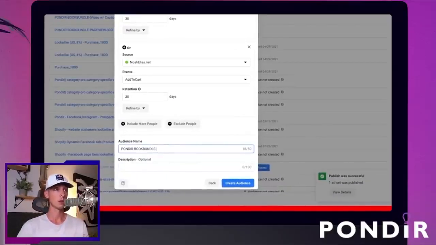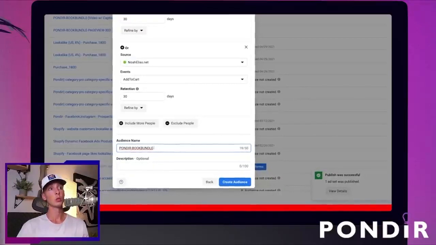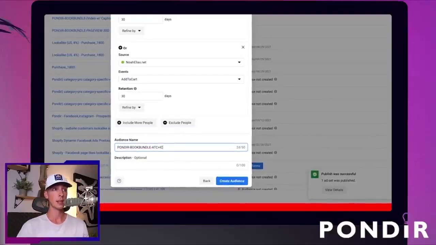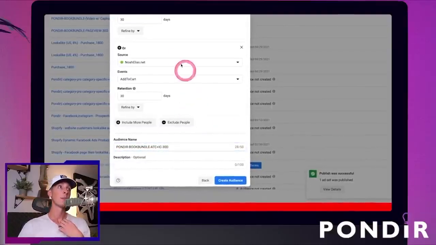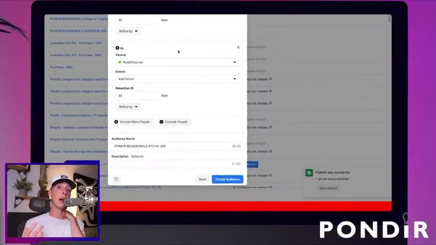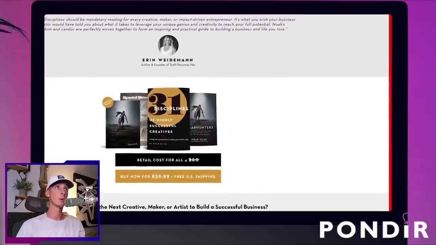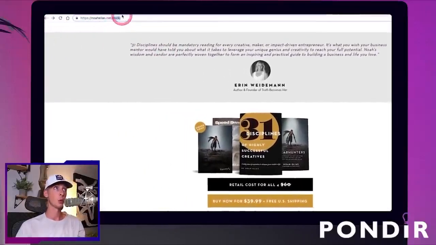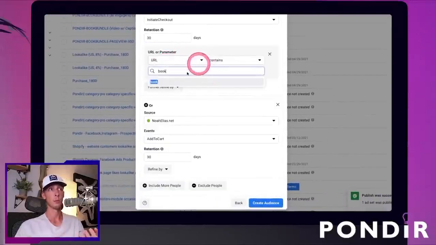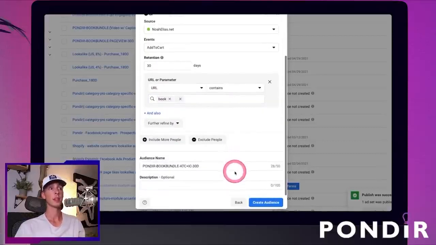Ponder book bundle. We're going to do add a, so I don't really need to be descriptive here. We're just going to put add to cart plus initiate checkout 30 days. All right. The other thing I want to note is that with this pixel, we do have other products. So if you have other products, you don't want to include those in this campaign, right? We want to be specific to this book bundle. So this is where you can use this URL. So we're going to come here, refine by URL parameter, paste it in, refine by, there we go. Create audience,